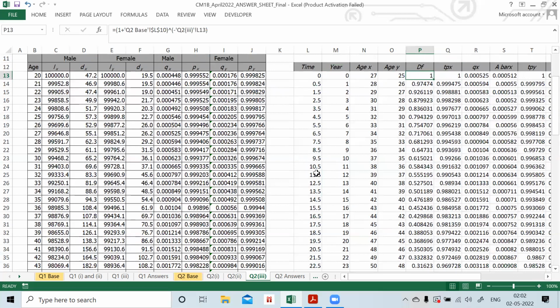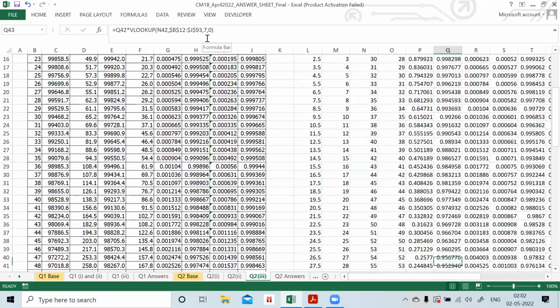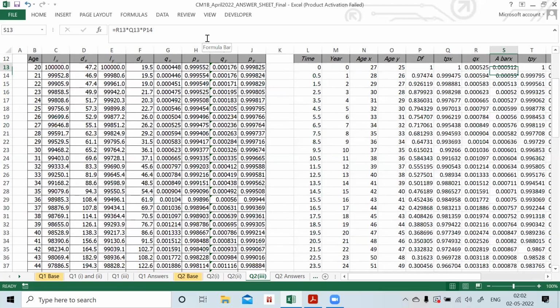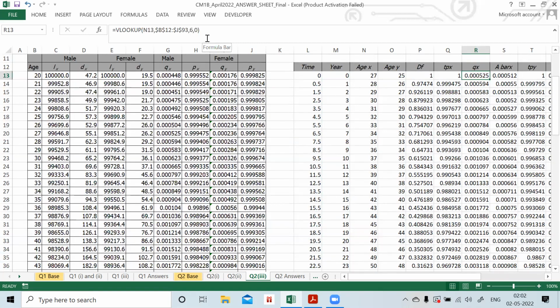We have the discounting factor, which is nothing but 1 plus i to the power of time into 0.5. Then we have the TPX again 1, and we look up depending on the age again. And similarly, now we'll calculate QX. So for the assurance factor, if you see,